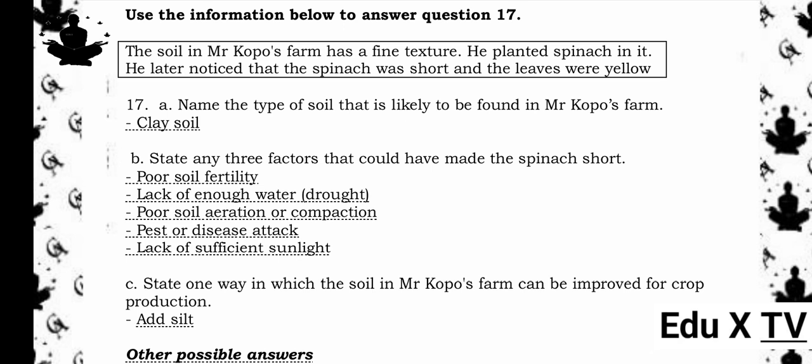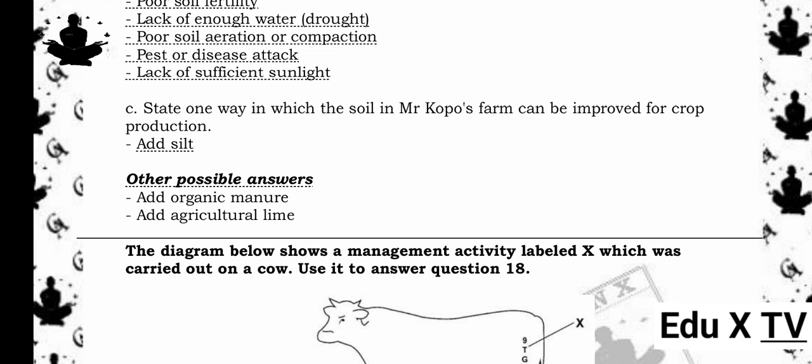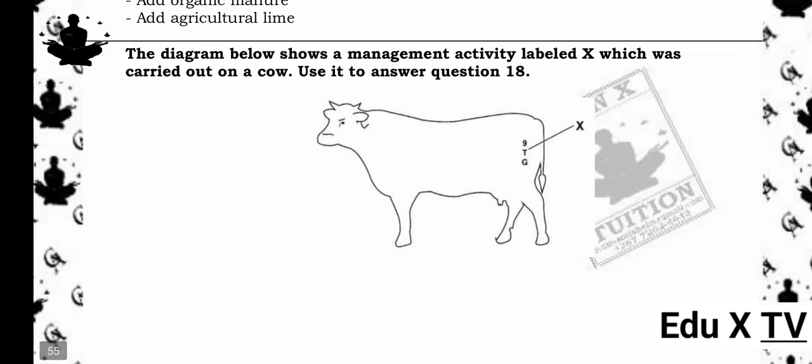C. State one way in which the soil in Mr. Capo's farm can be improved for crop production. Add silt. Other possible answers: add organic manure, add agricultural lime. The diagram below shows a management activity labeled X,